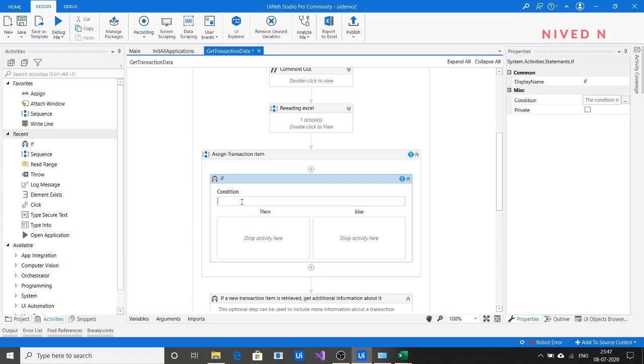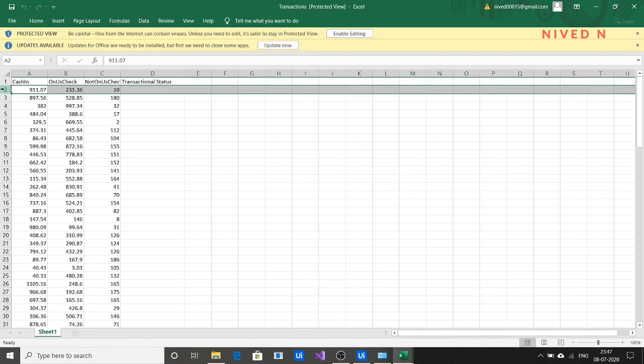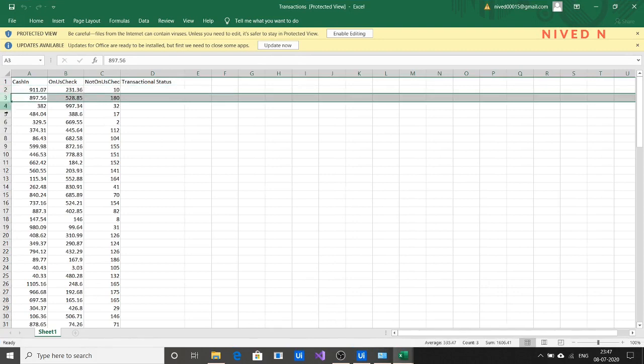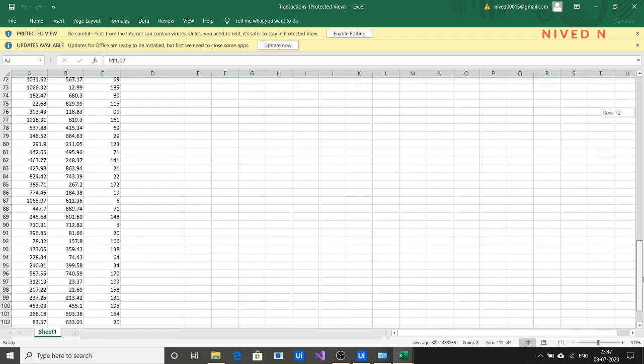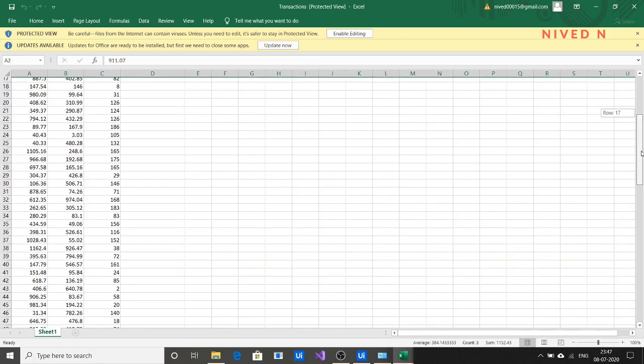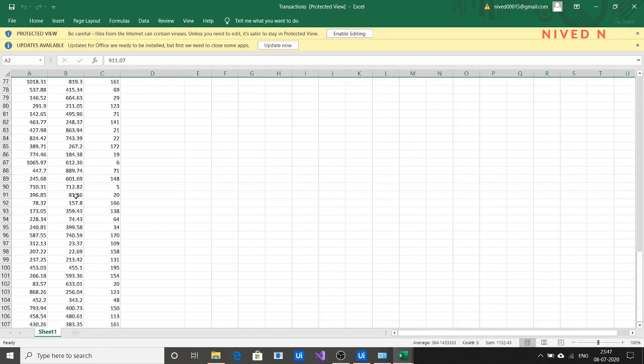What is the condition? We already provided the same condition in tutorial 1.0, I think. I'll just explain it once more. We know that this is the first transaction, second transaction, third transaction, etc. Transaction numbers start with 1, but the rows in the data table start with 0, 1, 2, 3, etc. So when the transaction number is less than the row count of this data table, it can assign the transaction item.